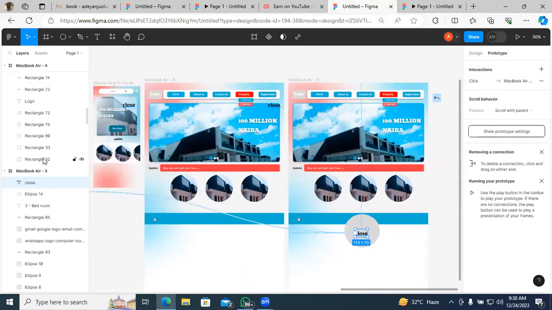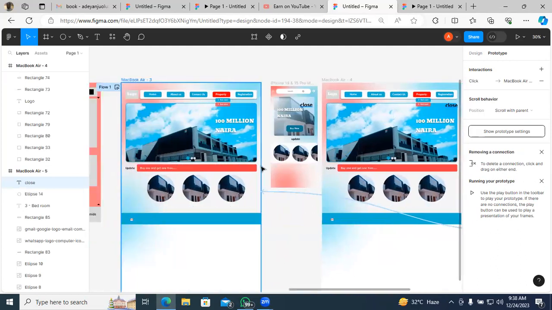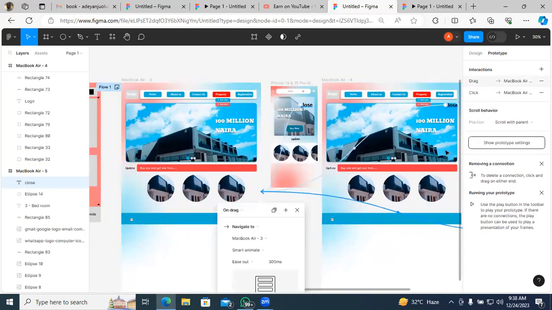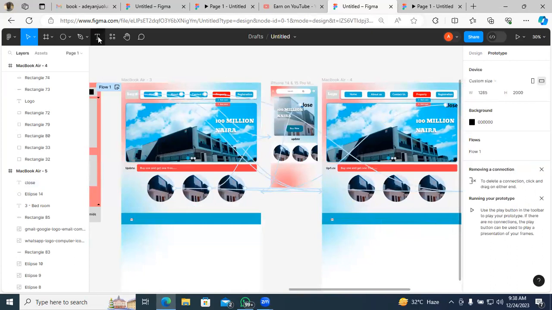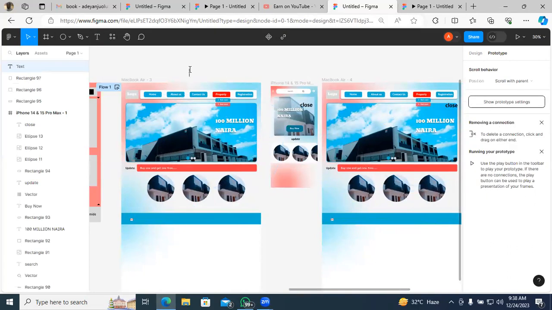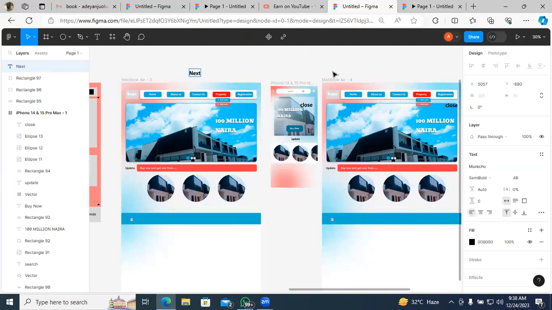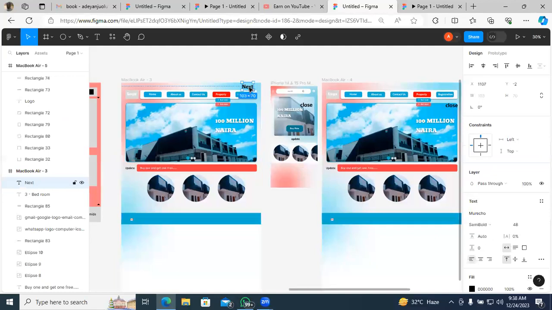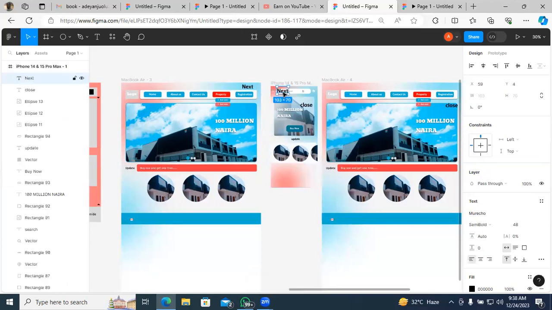Close to this part. Okay, good. So let me do next. Next should be right. So this is for learning purposes. Just do it for learning purposes so that we can learn. Next.